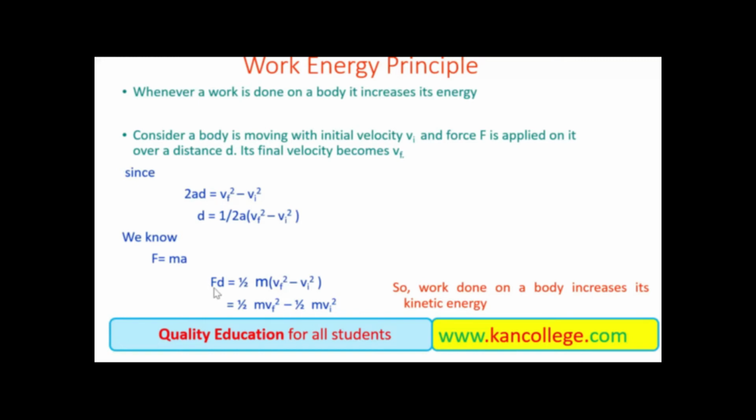And we also know that Fd is equal to, by putting the value of force in this formula, half m into a. What is a? By putting the value of acceleration from this equation, the final equation becomes